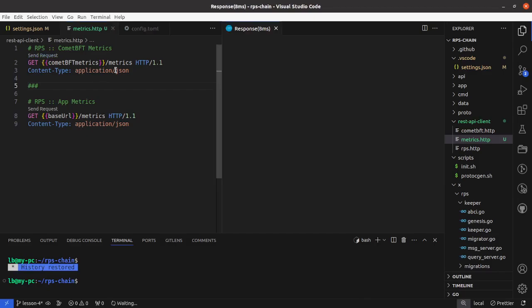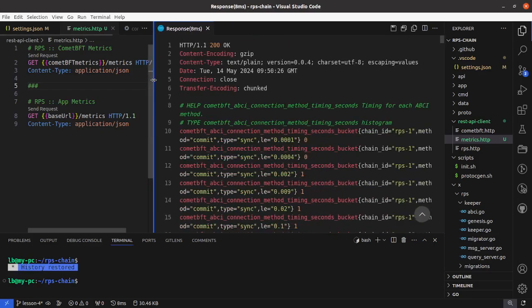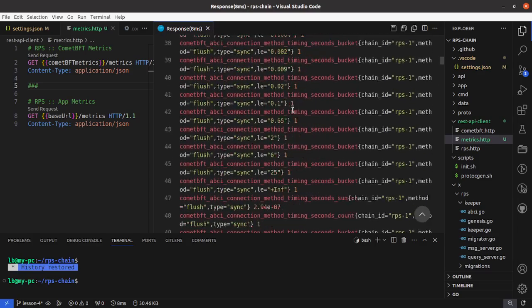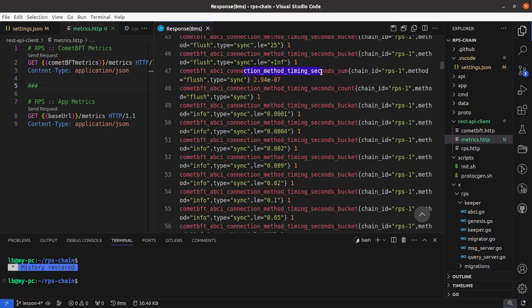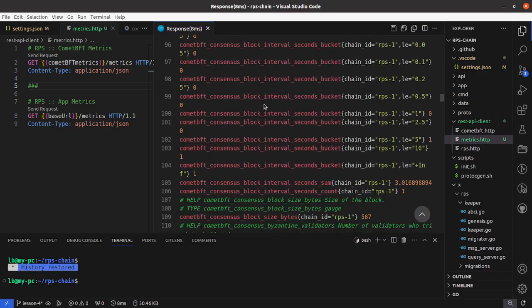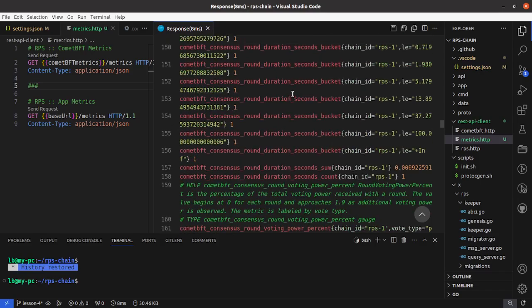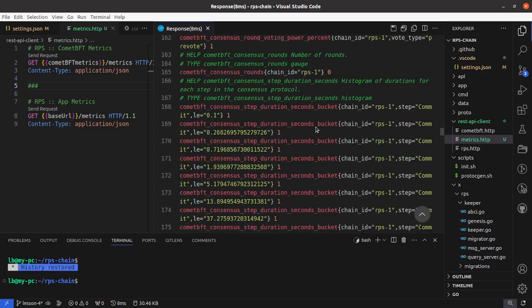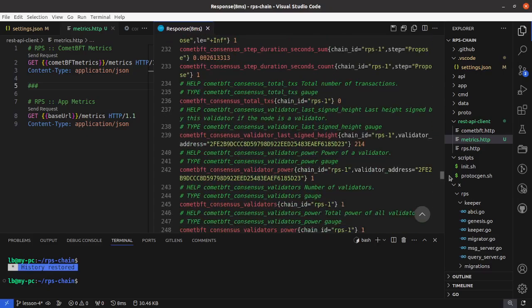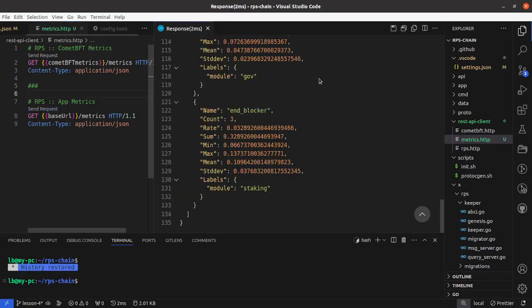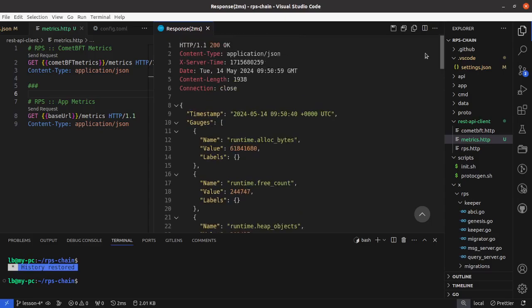So we can send a request and you will get all the available metrics that we saw previously. CometBFT for different timing connections and block intervals, and time for the different rounds. There are quite a few here that you can use to build your monitoring dashboards. And on the application side, we have this format of metrics. We have some gauges,